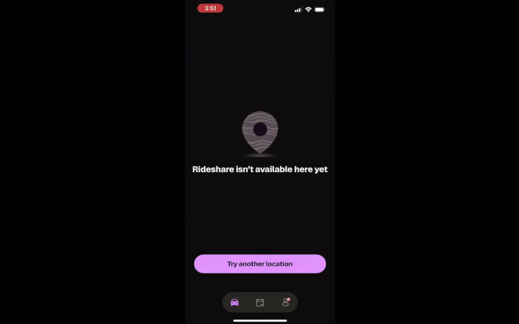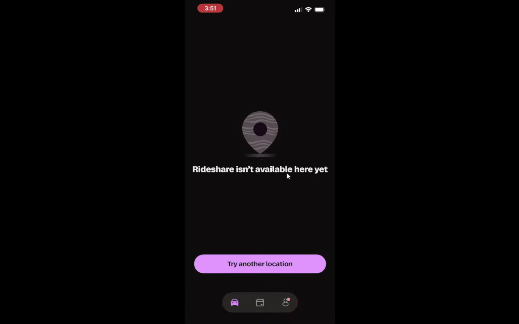As the app opens, you may see a loading screen for a moment. This is normal. The app is connecting to Lyft servers to ensure you have the latest information and features. Once the app is fully loaded, you will be greeted by the home screen. This is where you can request rides, check your ride history, and manage your account settings. Opening the app is the first step to updating your payment method, and it sets the stage for everything that